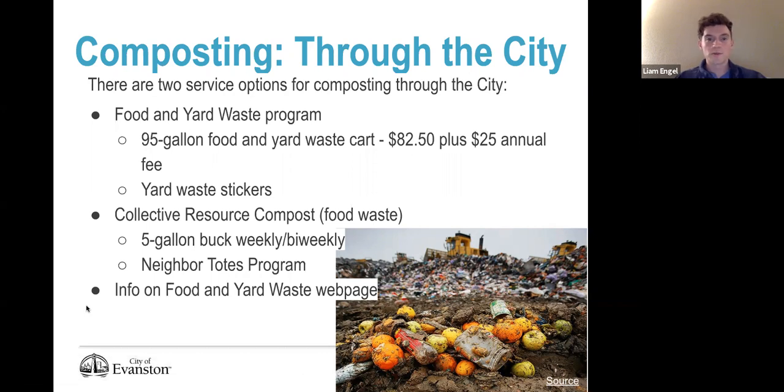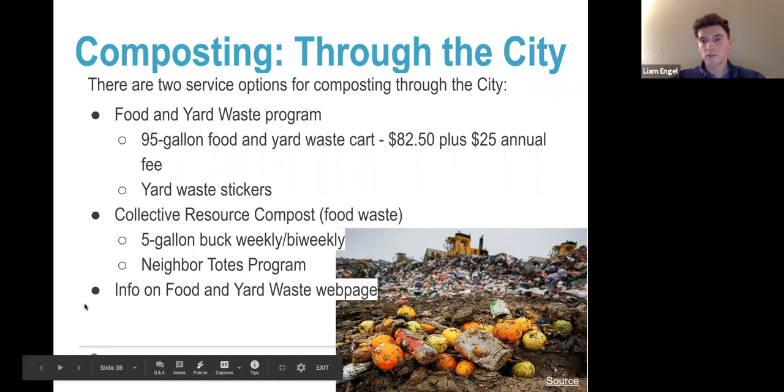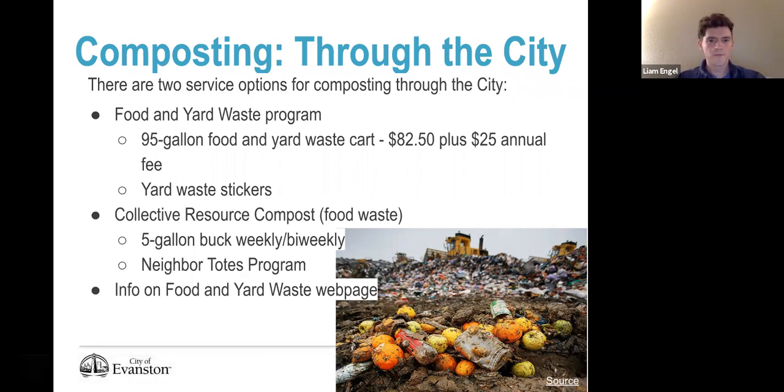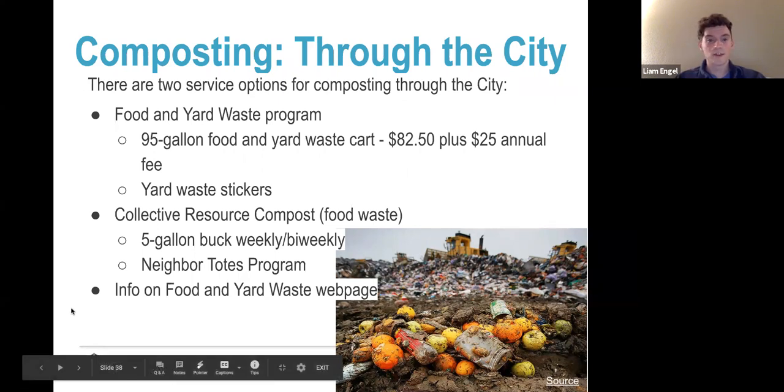So for the food and yard waste program, there is a 95-gallon cart that costs $82.50 to get. And then there's just an annual fee of $25 to continue using that service every week. And as I said, it's three seasons every year. And for Collective Resource Compost,